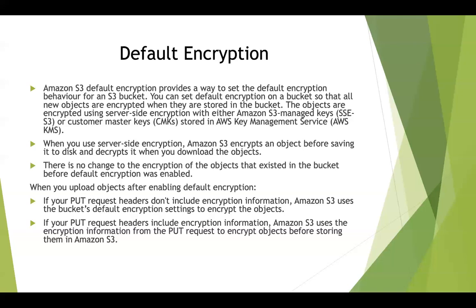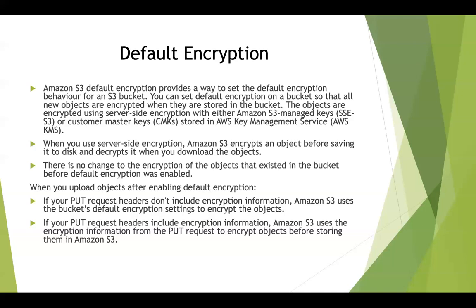So when you enable server-side encryption, Amazon S3 themselves internally encrypt the object before saving it to the disk, and also decrypt it when you try to download the object. By default, the owner will have all access to an S3 bucket. The person who created the S3 bucket will have all access, is what we saw last week. So when the user uploads an object with encryption enabled, S3 internally encrypts the object before storing it to disk, and then decrypts it when you download the object.